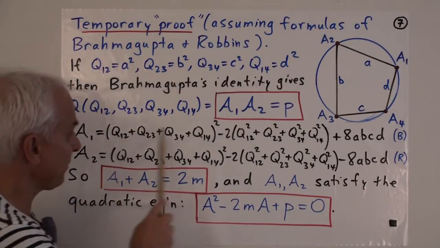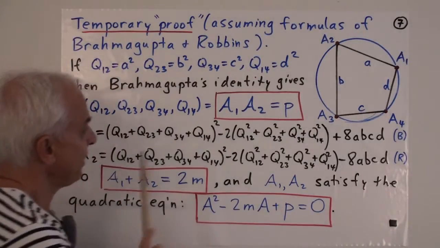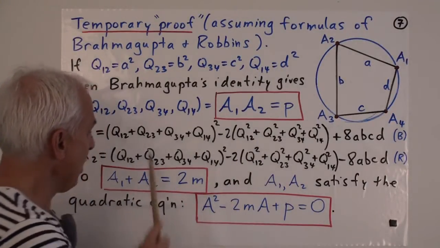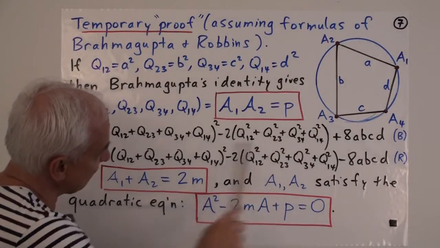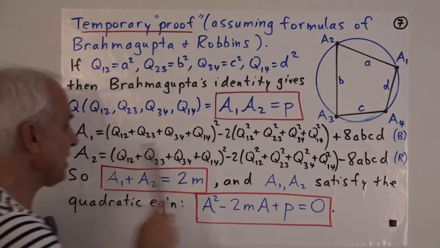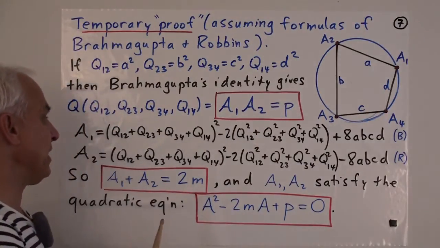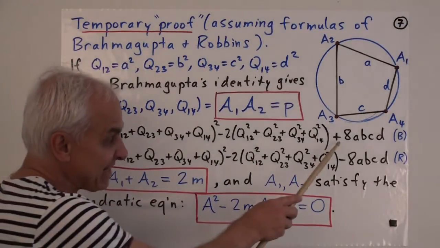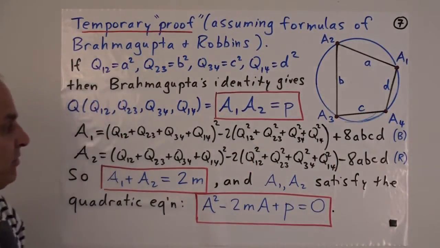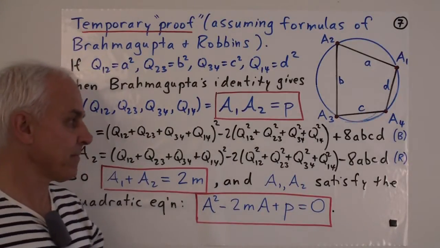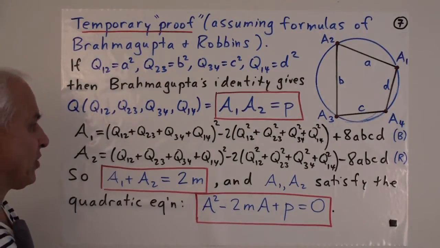So A1 was, remember, part of the difference of squares, and it was some formula like this. Actually, we were using an asymmetrical form instead of this one, so I'll replace that now with a symmetrical form. So there was some quantity involving the A's, B's, C's, and D's all squared, so I'm replacing them with just these quadrances, and then plus 8ABCD. Perhaps you can remember that. That was essentially Brahmagupta's formula for the quadrea of a convex cyclic quadrilateral.